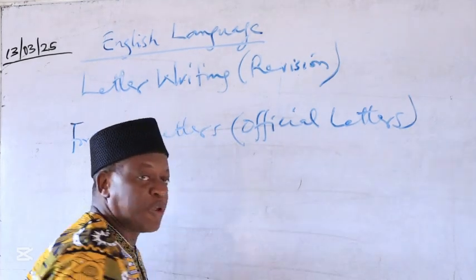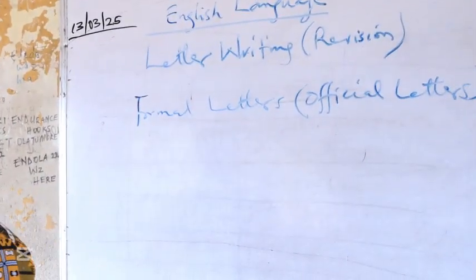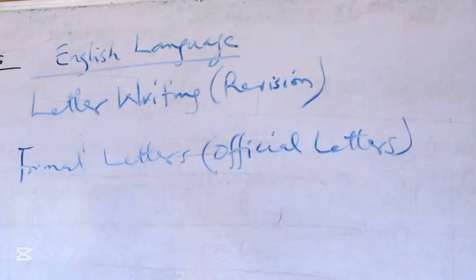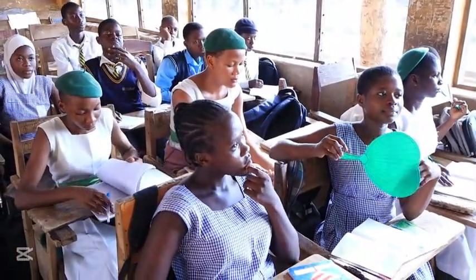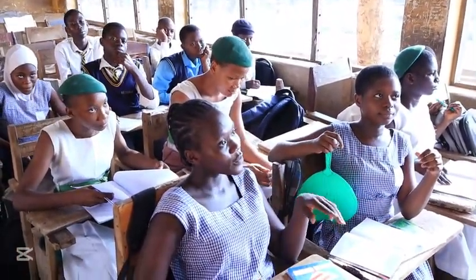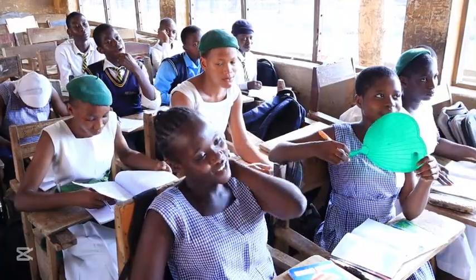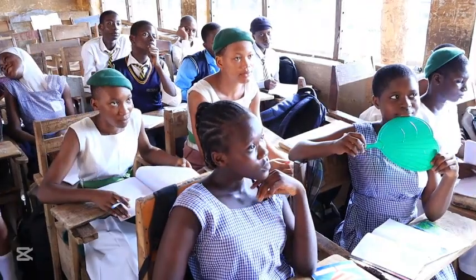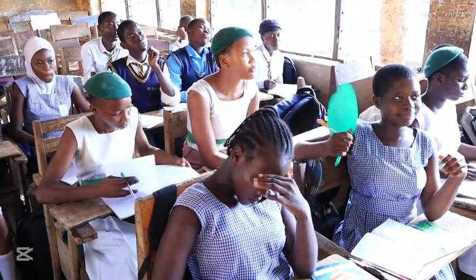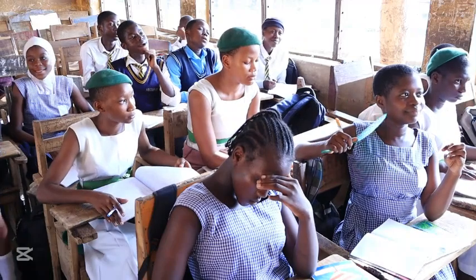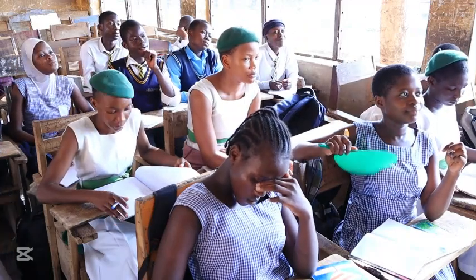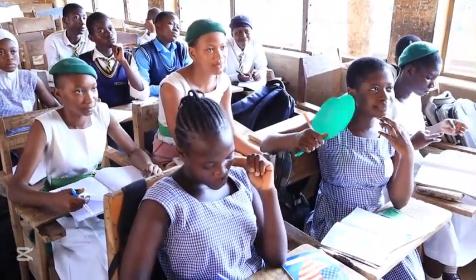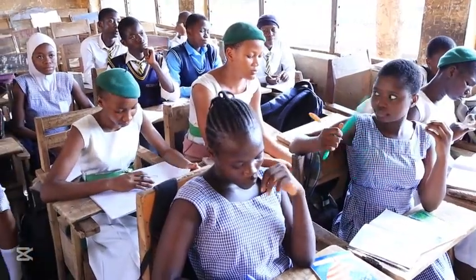And who are the categories of people that we write formal letters to, as I taught you then? Who and who do you write formal letters to? Chairman of a community. Of a local government. A local government chairman to write a letter to the governor of a state. It's a formal letter. Director of an organization. What about a letter to the editor of a newspaper?